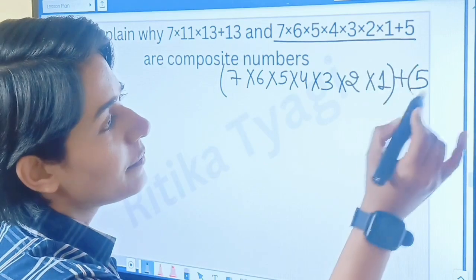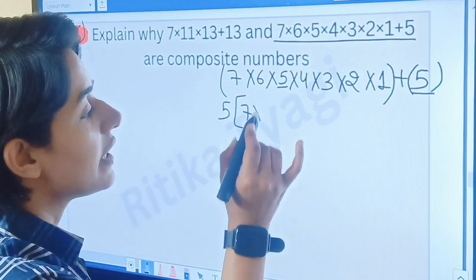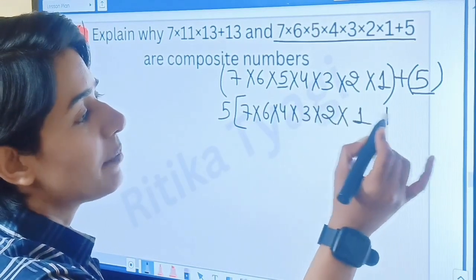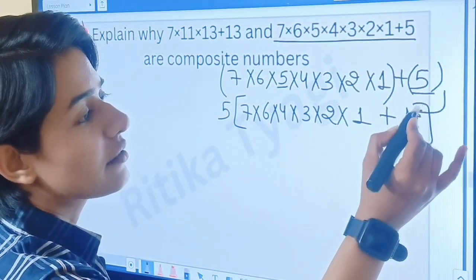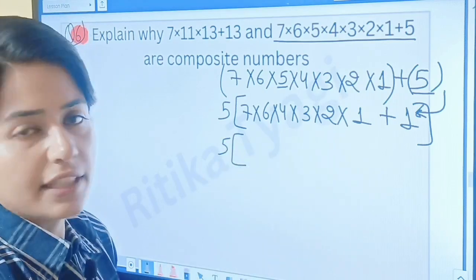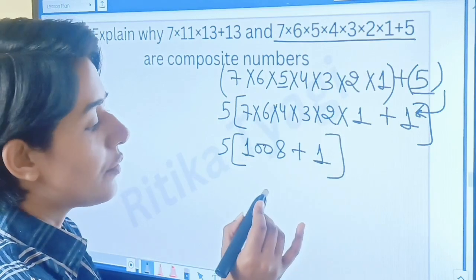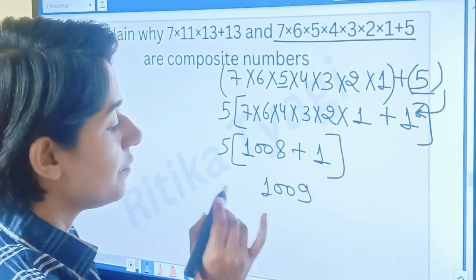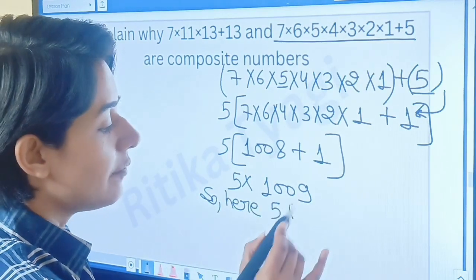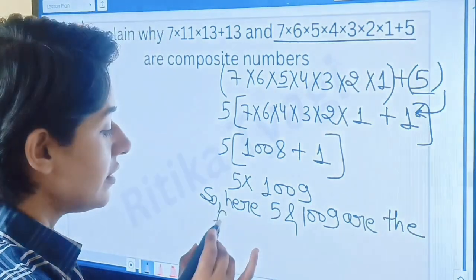Take into bracket. Here we get 5 and 5. So we take 5 common and we get 7 multiply 6 multiply 4 multiply 3 multiply 2 multiply 1 plus 1, 1 for this 5 because it is common here. Now on finding their product we get 1008 and 1008 plus 1 we get 1009 multiply 5. So here 5 and 1009 are the factors